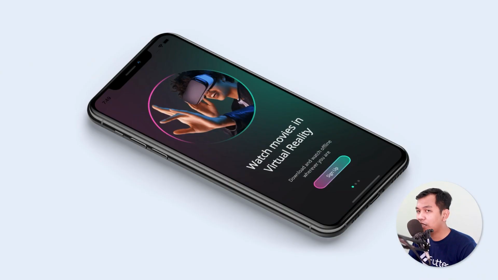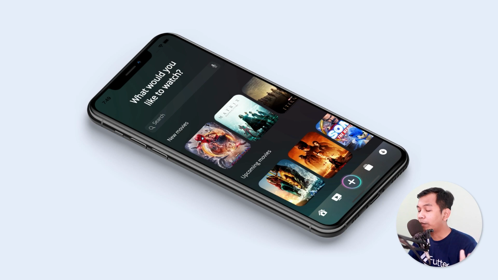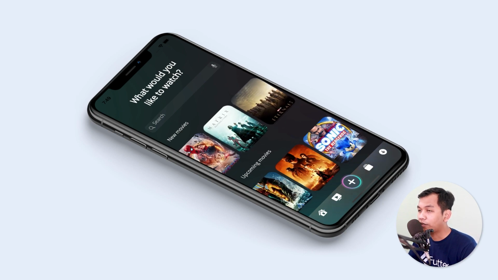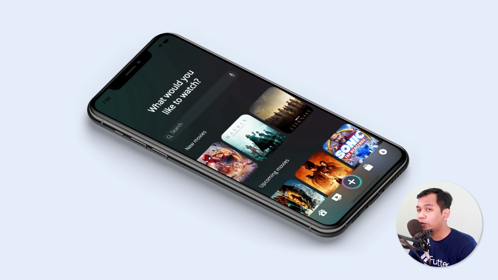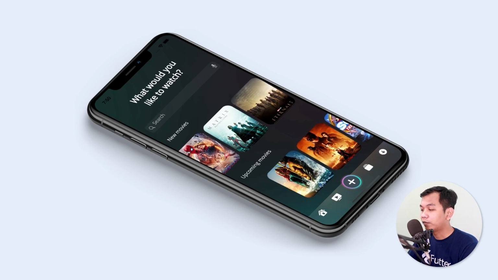In today's video, we are going to learn how to convert from Figma to Flutter, using the Movies app UI design from the Figma community. Our application will look like this. We will implement how to mask an object into a widget, how to make a blur background, and so on. So without any further ado, let's get started.